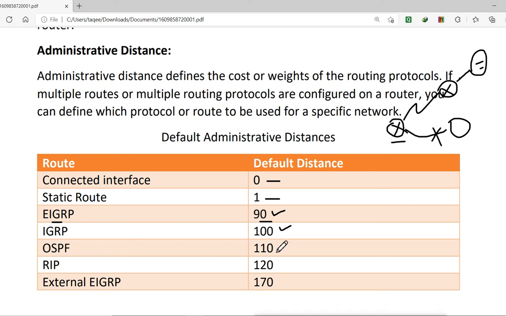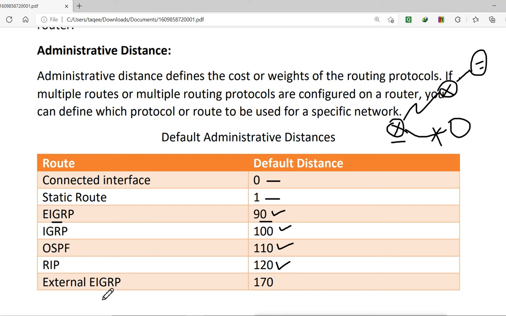Now the third best is OSPF, and the last one is RIP. RIP has 120. It is actually not a very good protocol when you compare it to all these other protocols. And that is why, if the router is told that you have a path with an AD value of 120, it will not choose that path, it will go for 90 instead of 120, because RIP is less reliable than EIGRP.